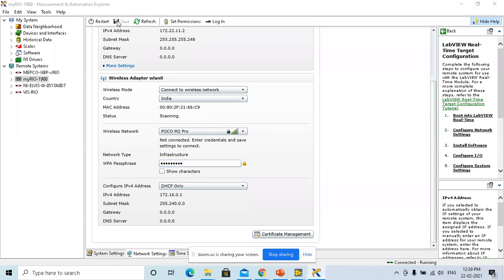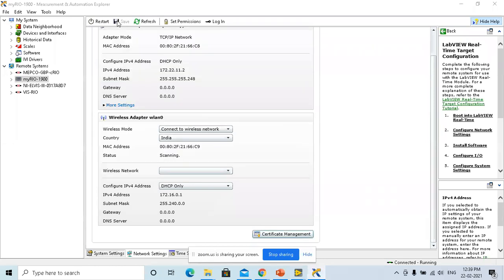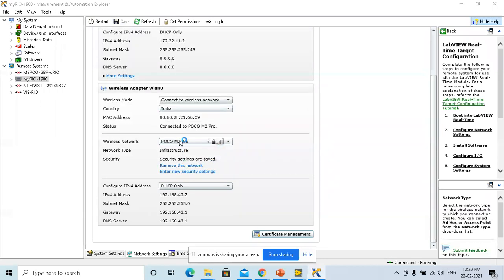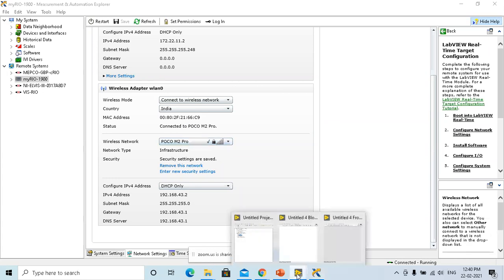And I'll give save. And here if you see, it's connected to my cell phone. My cell phone will be connected to my internet. Right, so I think that's done.